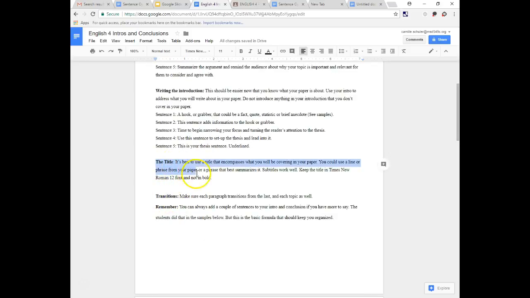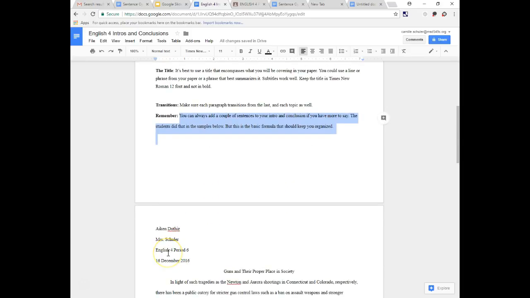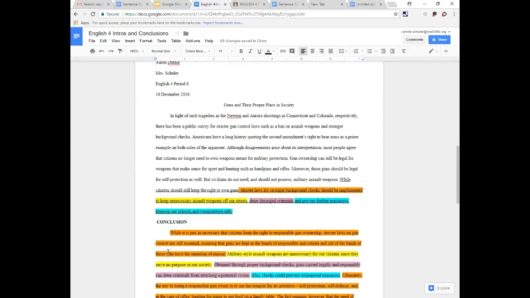Once you give your title, it's best to use a title that encompasses what you cover in your paper, and you could use a line or a phrase from your paper if you want. As you check your paper, make sure there's a transition from each paragraph from one to the next. I gave you some transition words. And remember that you can always add a couple of sentences to your intro and conclusion if you have more to say. You'll see that the students did that as well. So let's look at